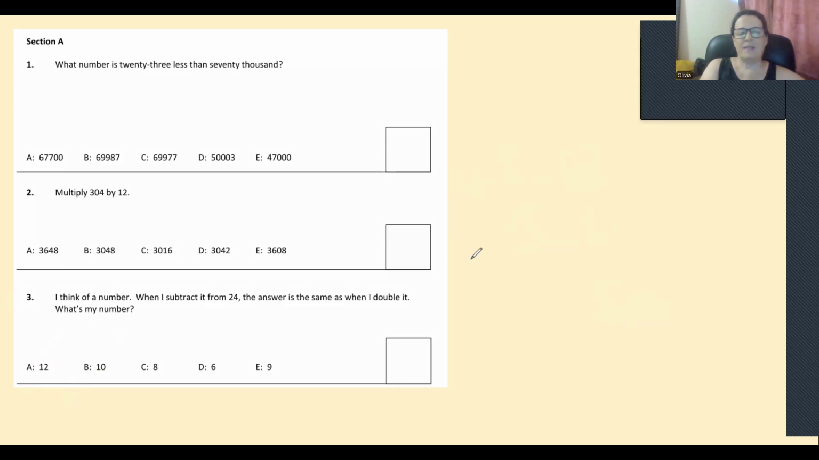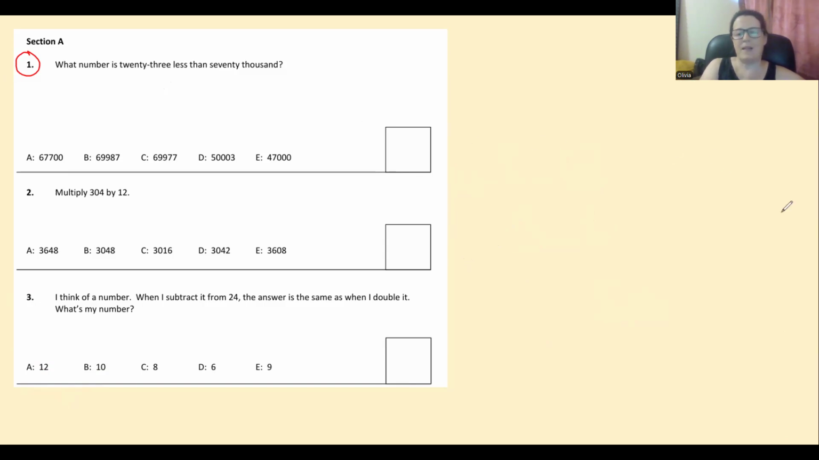Hi, this is a sample mock paper from Latymer Upper. I'm going to make a couple of videos on this paper, and this is the first one. I would suggest that you download the paper, have a go of it, and then come back and look at my video. So question one, what number is